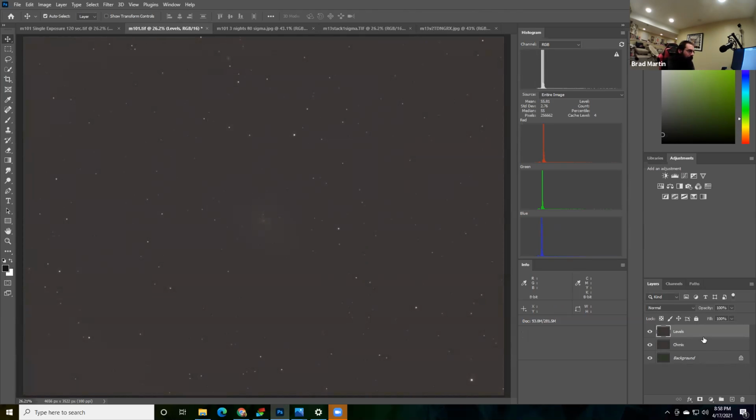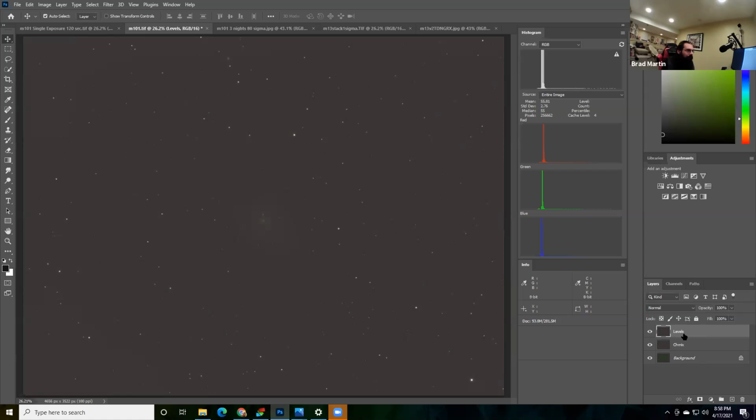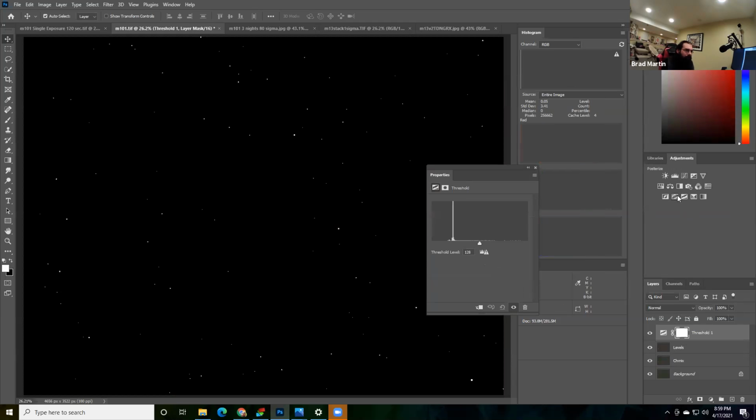Now, I'm not an expert in terms of what exactly I'm doing here, like what you call literally everything I'm doing. When I adjust my levels, I'm pretty sure that what I'm doing is adjusting the black point and the white point mostly. But actually, I just realized that I skipped a step, because I need to identify the darkest and lightest parts of this image. The way that I do that is with a tool called the threshold adjustment, which I just clicked on in my adjustments here.